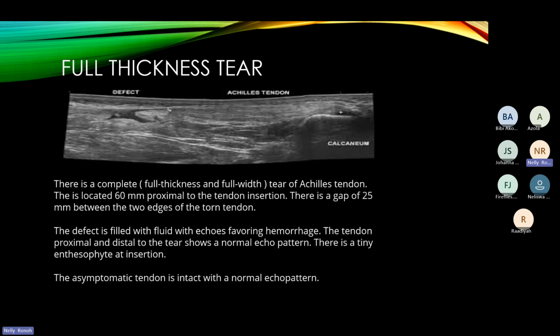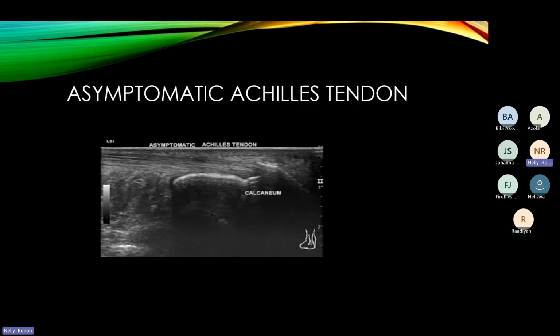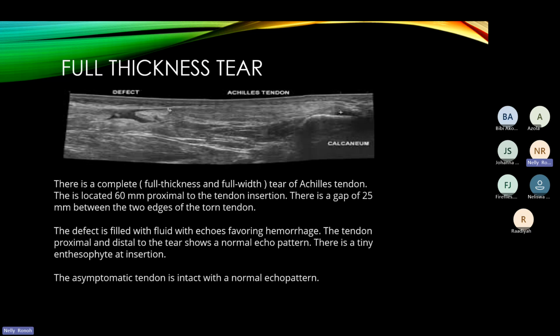So if we go back to the previous image, you can see this is a continuous fibrillar pattern of the Achilles. But then in the next image, around this area there is actually discontinuity, and that part is where there is a tear. You can see even the tendon itself has completely retracted from the origin, because this is the calcaneus where it is inserting. But you can see all this other part is preserved. But here there is a